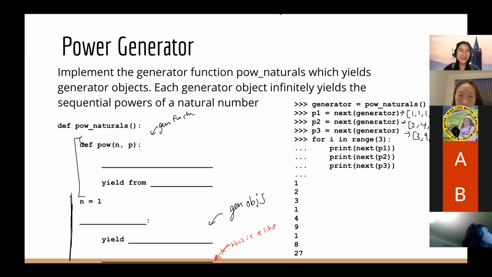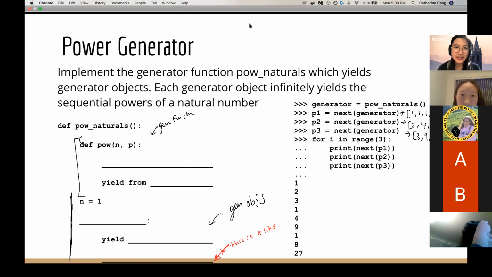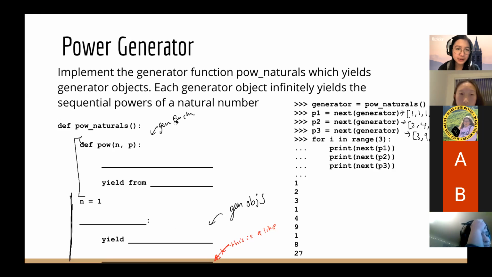Cool. So again, oh, let me resume sharing. If you didn't see, there is a line down here. I'm sorry, I also forgot that there was a line down there. But yeah, let's go through this. So the way that I would probably run through this code is say, okay, the